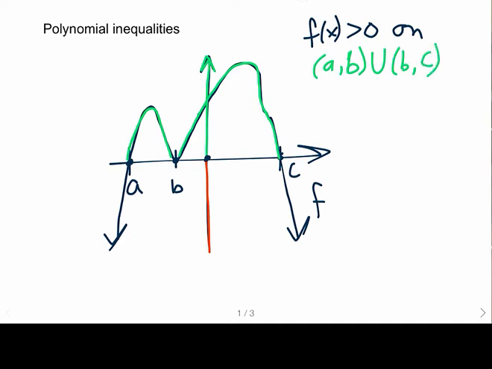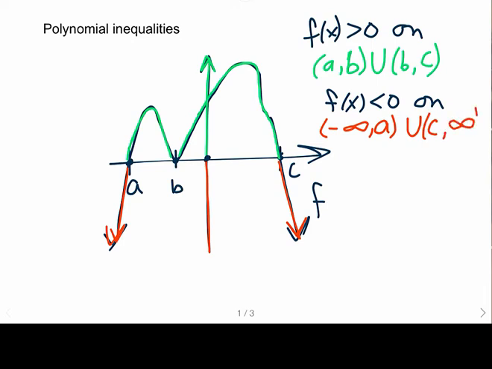So that's due to the strict inequality, right? We aren't including b there. And any part of the function that is below the x-axis indicates that we have negative function values. So f of x is less than 0 on the intervals from negative infinity to a, and then from c